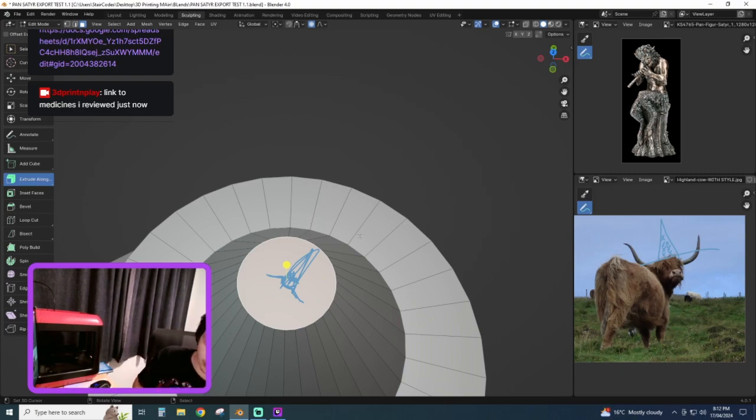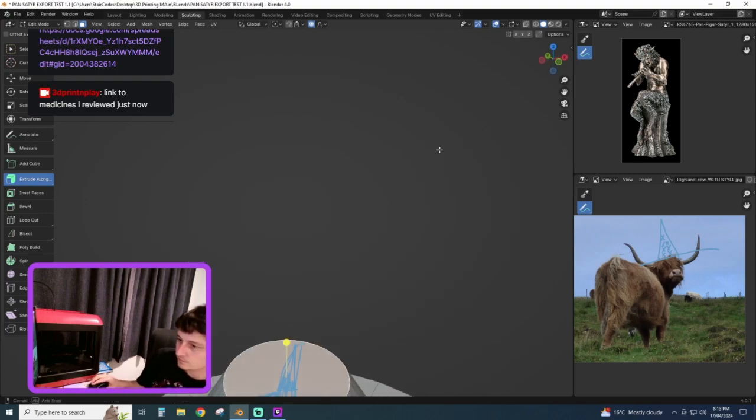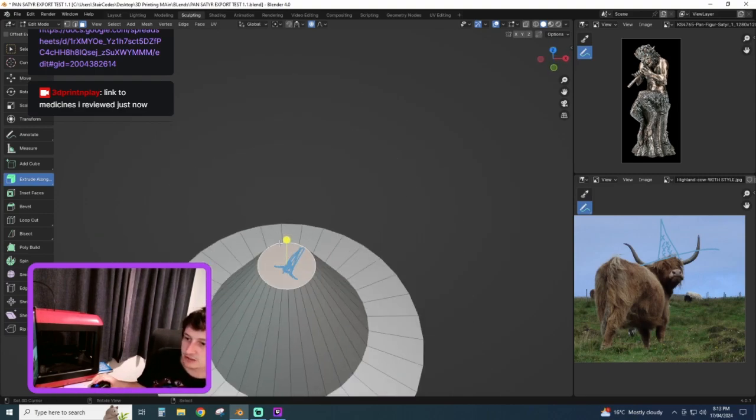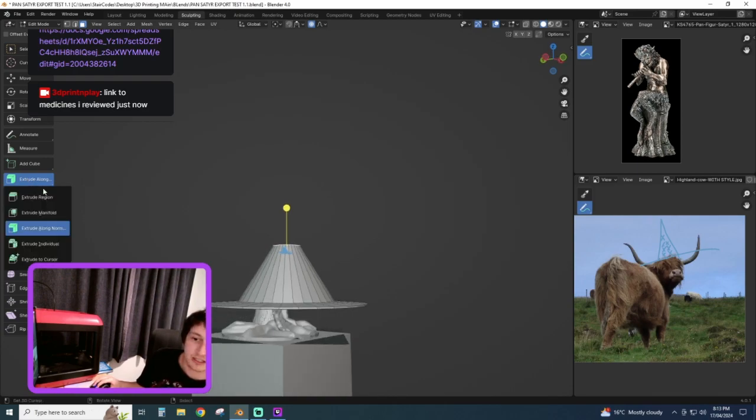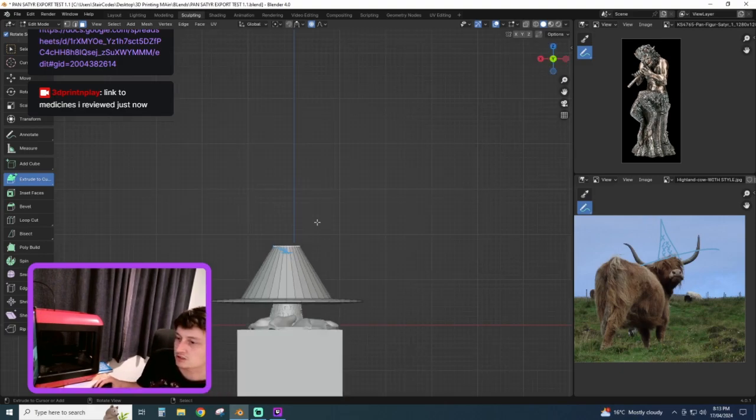So again, I'm not going to get bogged down in too many details, because this is mostly about testing it out. But it does give me a chance to do an interesting little one, which is extrude to cursor. So I'm going to choose the best angle I want, which is probably just something like this to start with. And look at that. Lovely.